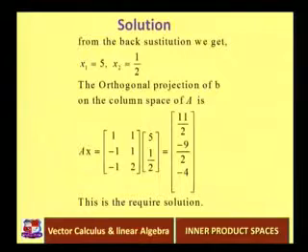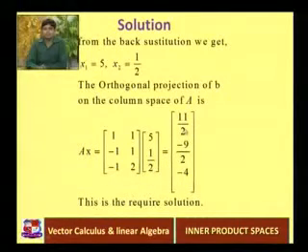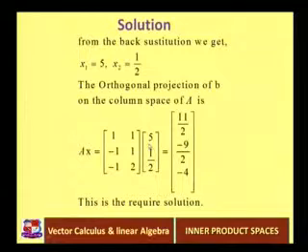Now we also have to find the orthogonal projection of B on the column space of A, which is given by Ax. If we want to find the orthogonal projection of B on the column space of A, it is given by the equation Ax, which is the matrix 1 1, minus 1 1, minus 1 2, times 5, 1 half, which is equal to 11 by 2, minus 9 by 2, and minus 4, that is the resultant matrix of these two. And how does the 11 by 2 occur?